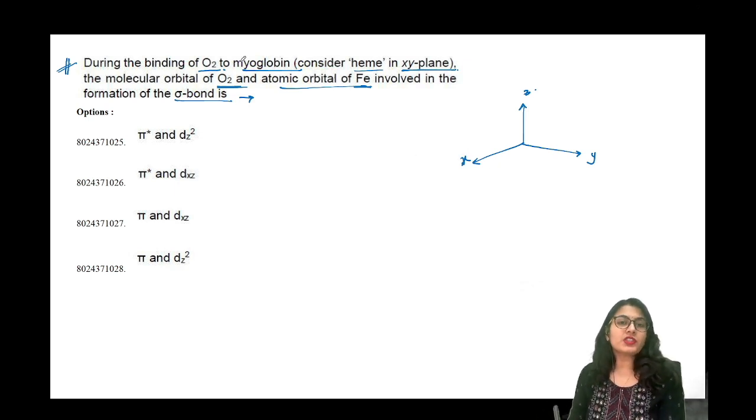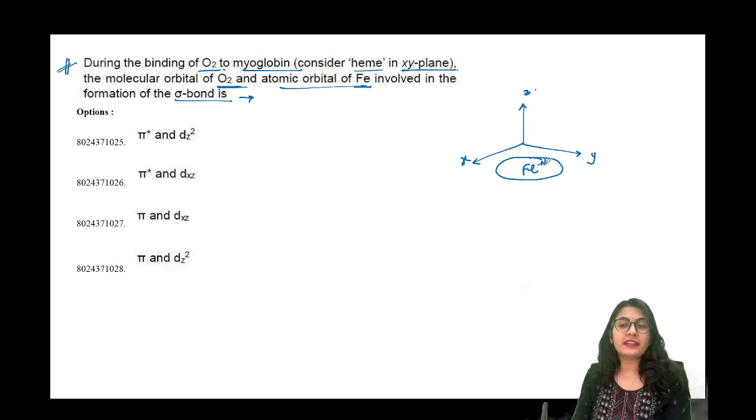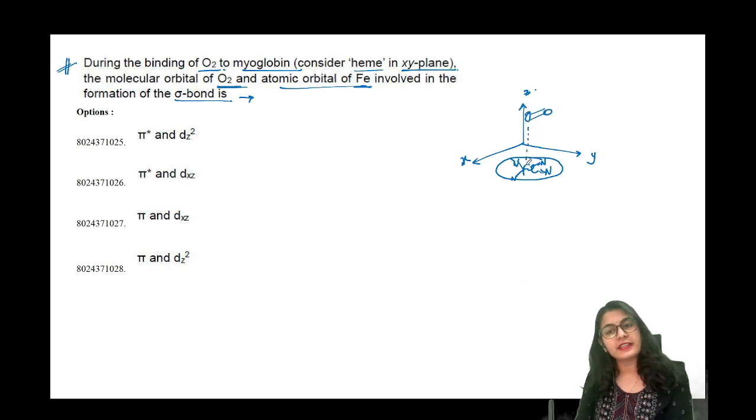During the binding of oxygen to myoglobin, we have to consider the heme in the XY plane. मतलब ये जो हमारा heme है, that has one iron and 4 nitrogens. This is the heme and it is present in the XY plane like this. The molecular orbital of dioxygen, यहाँ पे dioxygen आता है, इससे interact करता है iron से,